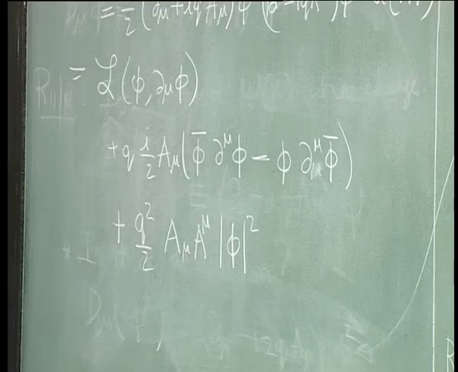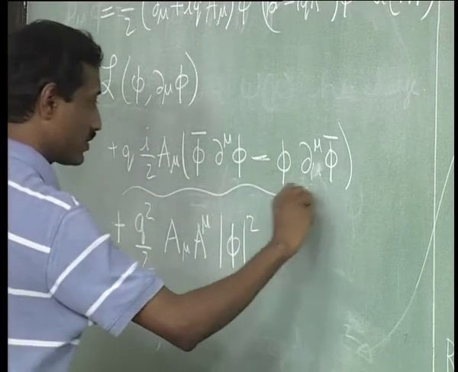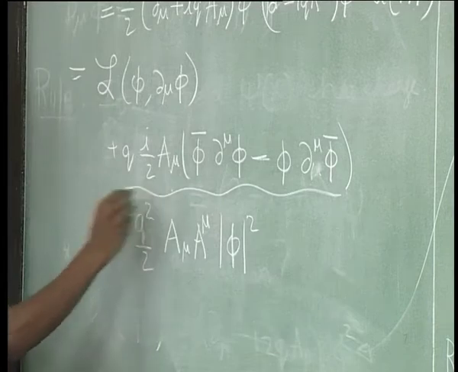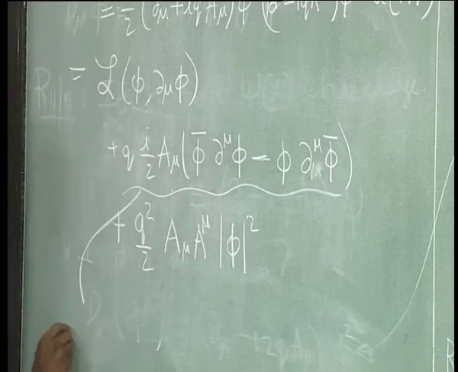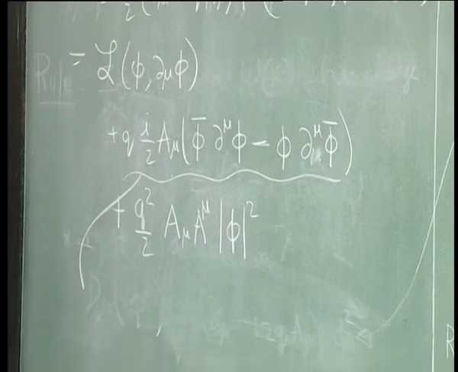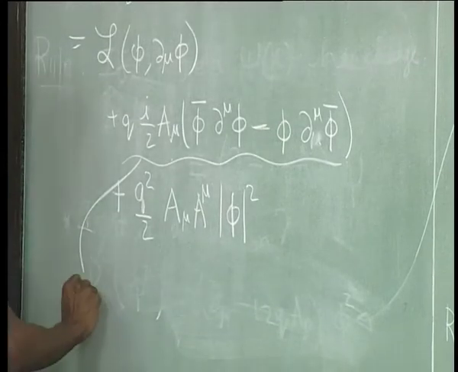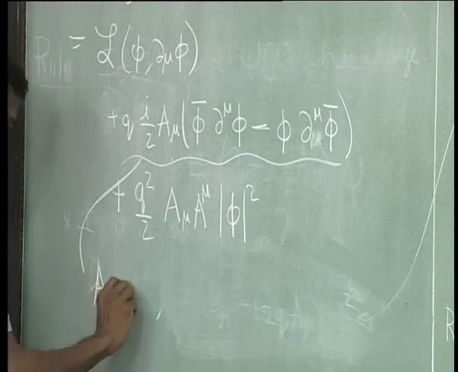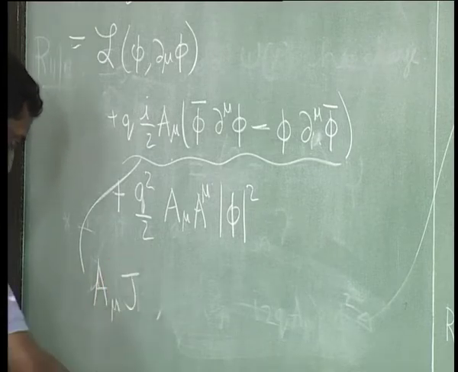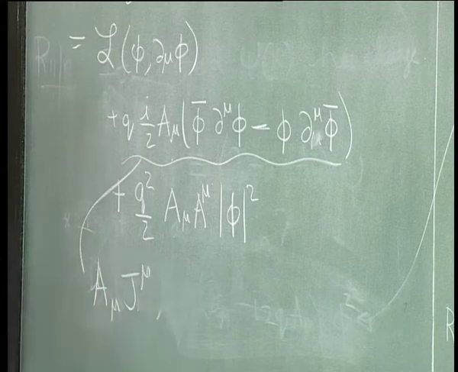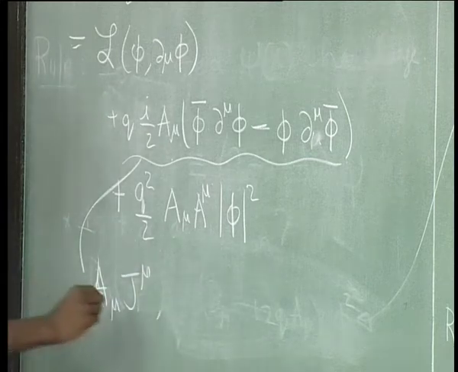So, you can see that this piece, if I write this thing as J mu, I write it as this, where J mu